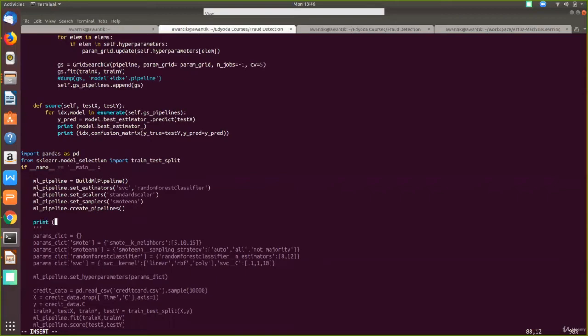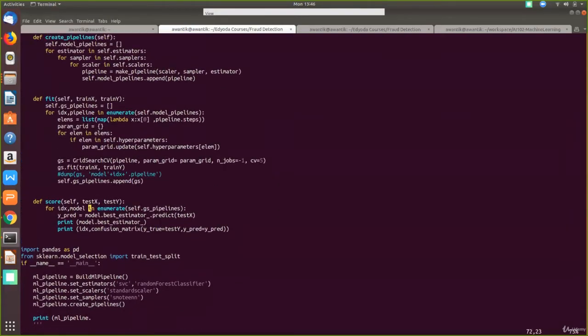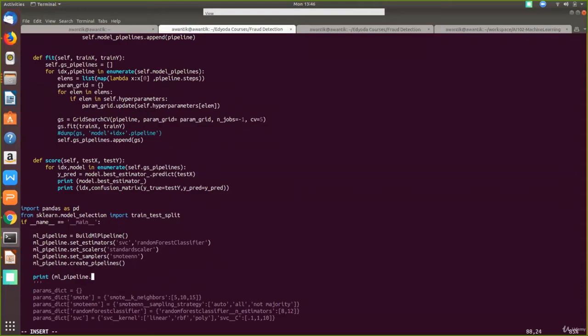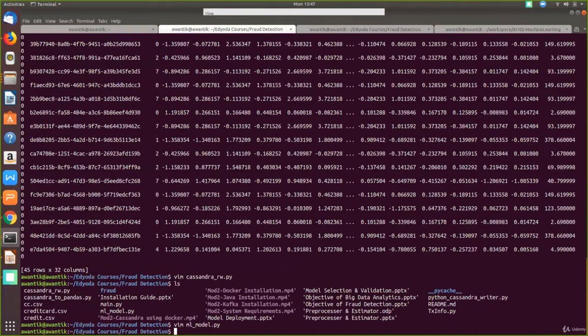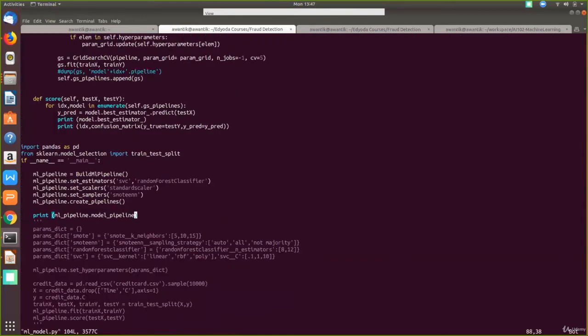Print ml_pipeline dot model_pipeline. Wait. model_pipeline.